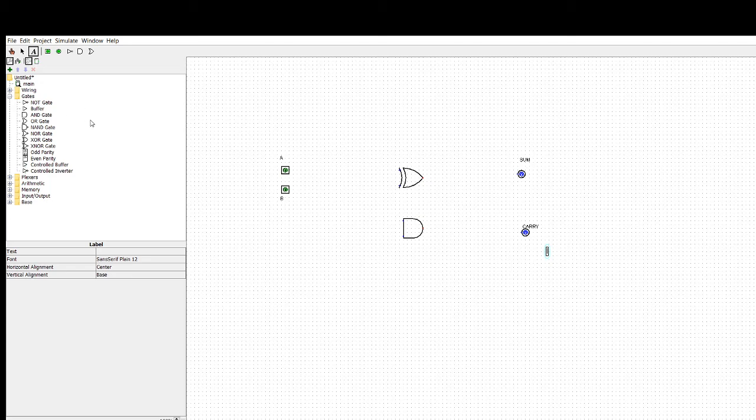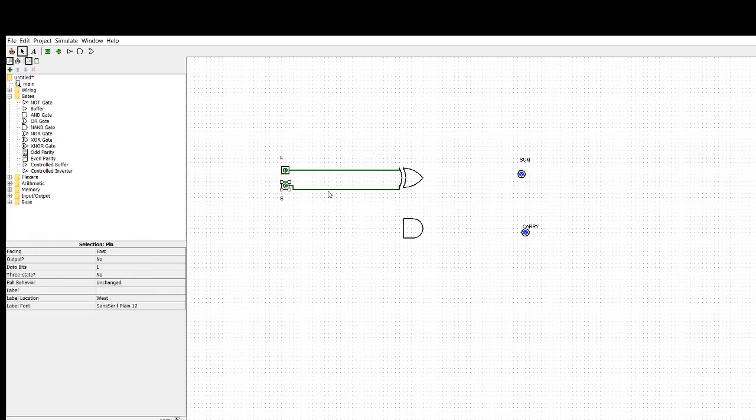Now I need to make the connections. For making the connection, I need to select this and start connecting. Click, drag. You can see the pin here, click and you can drag. You can even move this up and down.